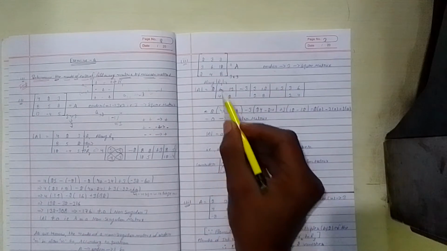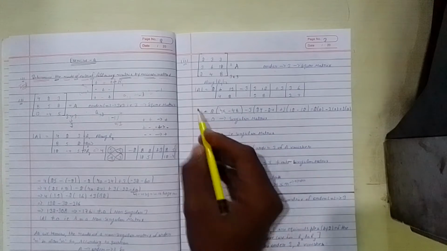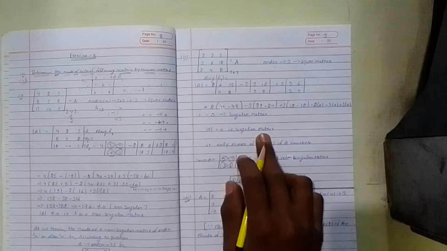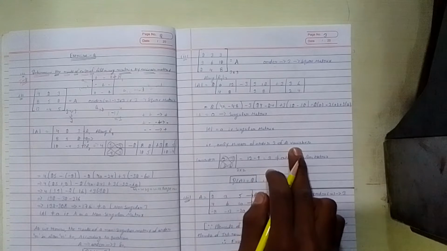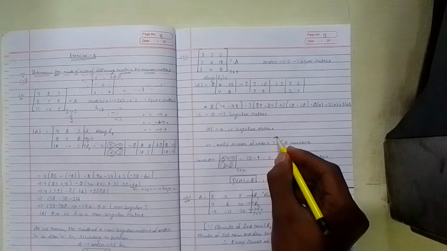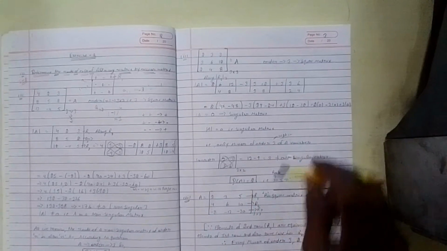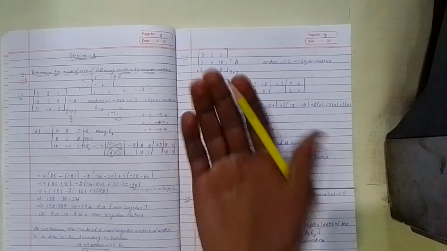Okay. So by simply multiplying them, I got this is equal to 0. A mod is equal to 0, that is a singular matrix. So A mod is a singular matrix. That is, the only minor of order 3 of A vanishes, 3 or higher than 3. That is, order 4, order 5 also vanish. Why vanish? Because they are not here. Order 4 is not given here.